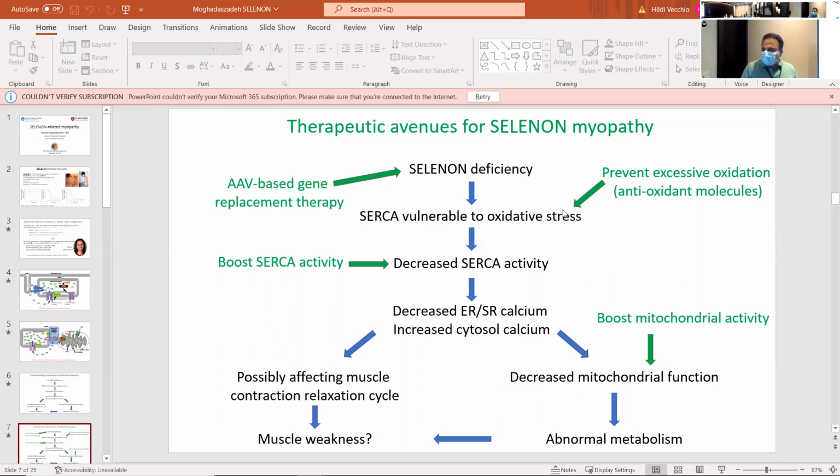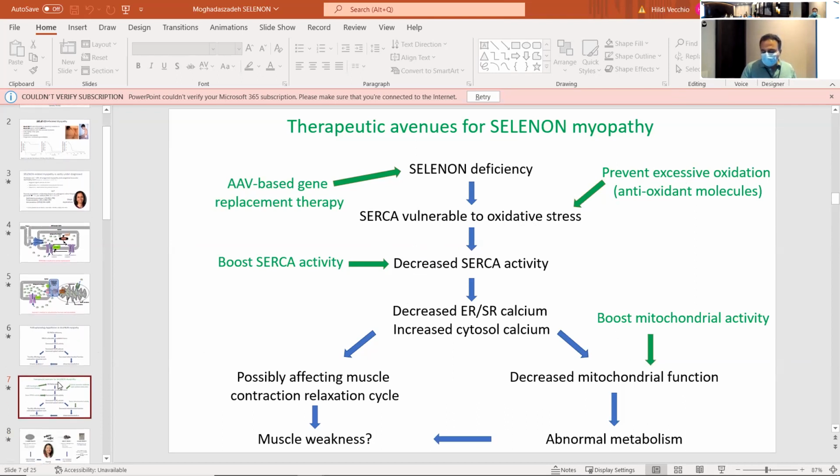So another way also would be to take care of the oxidative stress. That's what Anna has been trying to do with the N-acetylcysteine treatment, to reduce the oxidative stress. And with all the drug screening that was mentioned, we could intervene at different steps in this process to either boost the circuit activity or to boost the mitochondria activity. For all these, we need